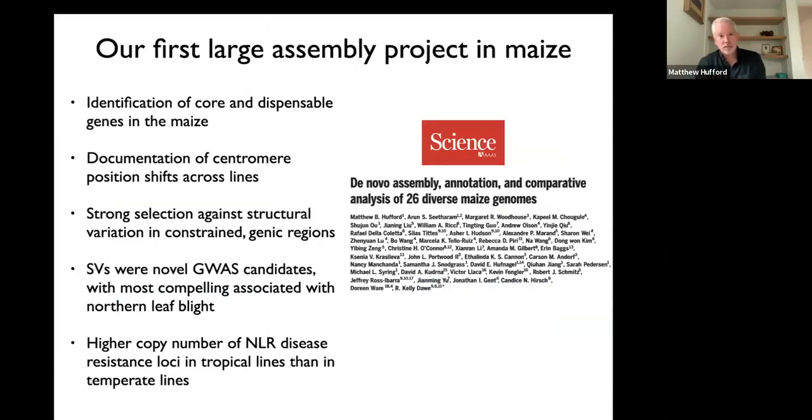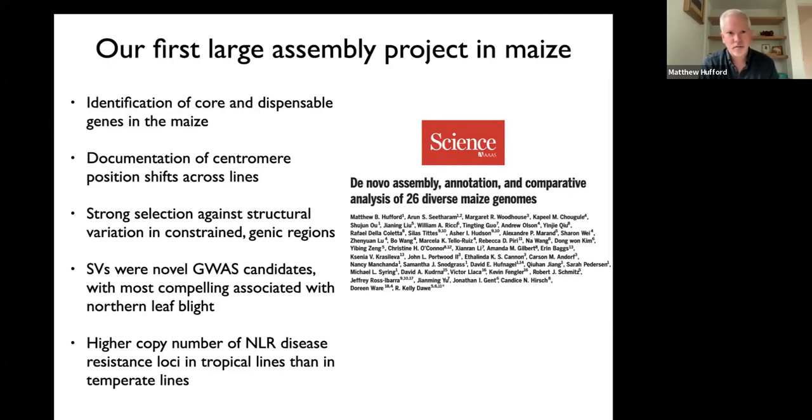And so we used these technologies for the first time in our paper in Science that I've talked about quite a bit here in Zea Evolution. Hopefully you guys have gotten a chance to read it, where we published the genomes of these 26 diverse maize lines that formed the founders of the nested association mapping population. And just like with the first maize genome when it was first published, we were able to identify some really interesting biology by looking across these 26 diverse maize genomes and looking at how things like